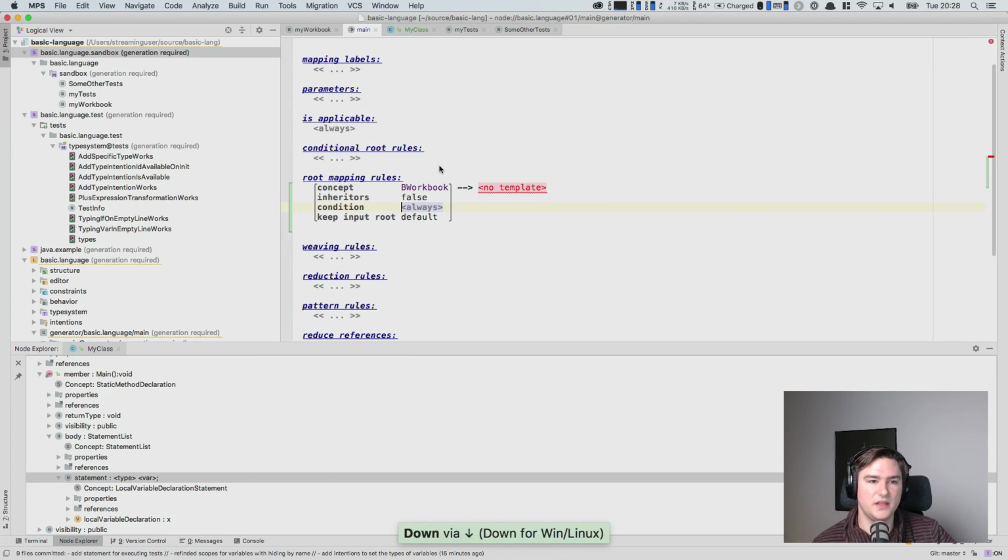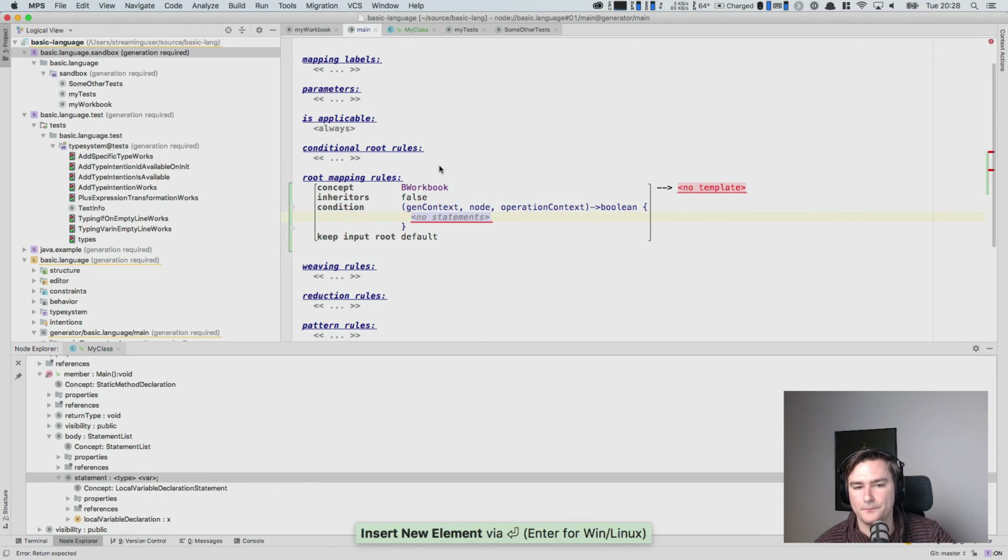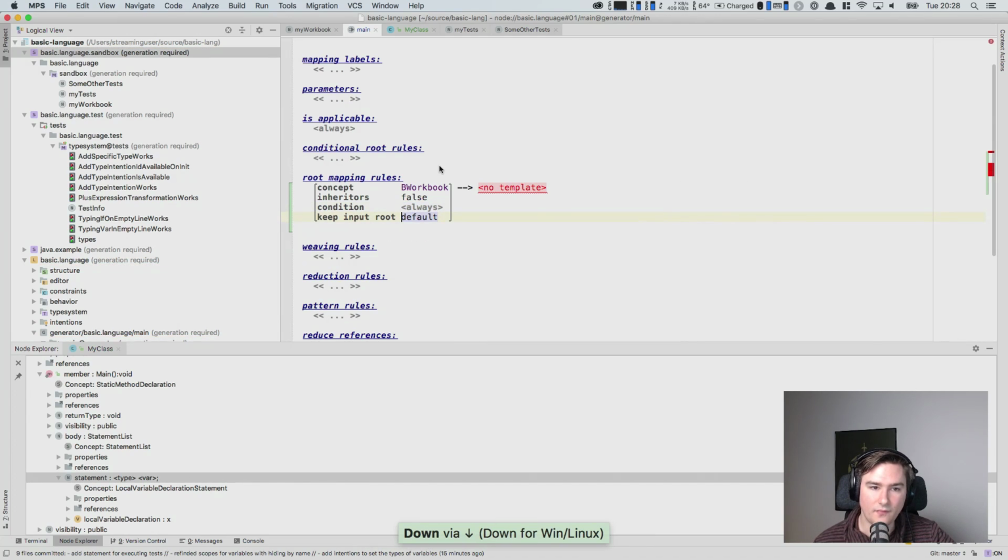Then there is the condition block. If we press enter there, we get a function where we can describe additional preconditions for this mapping rule. In this case, we don't do anything. We just leave it like it is. And then there's a keep input route, and this allows you to